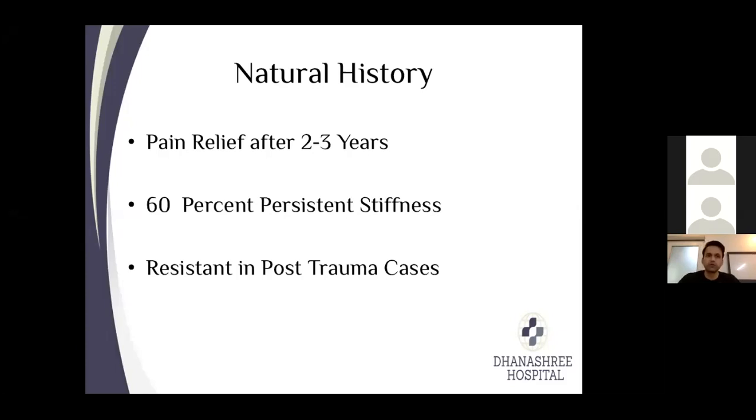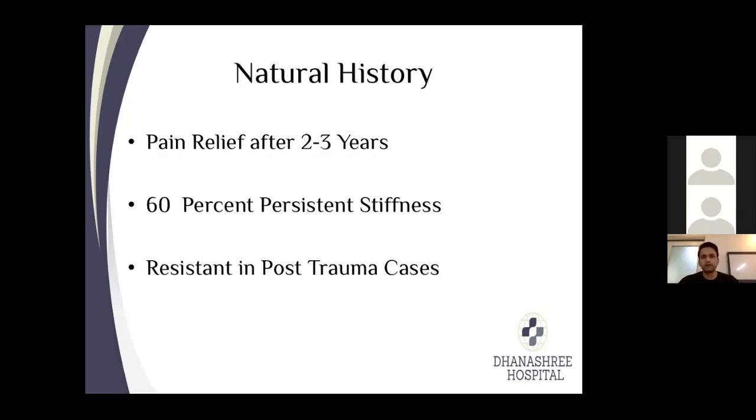If they come to you and are not completely happy, you always tell them the natural history itself is 3 years. What we are trying to do is shorten the curve. Everyone knows because of COVID, and the reason we are conducting this webinar is to flatten the curve. That is exactly what frozen shoulder is about. Physiotherapy post frozen shoulder is about flattening the curve. Try to reduce the level of pain and bring it to normal as soon as possible. That should be our aim of treatment. Whatever we do, whichever way we do it, the end result should always be flattening the curve.